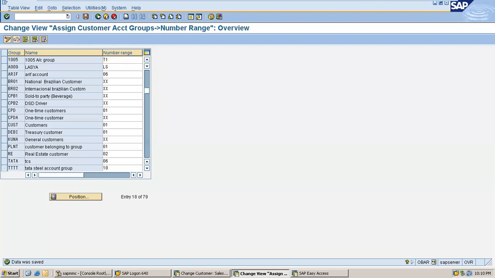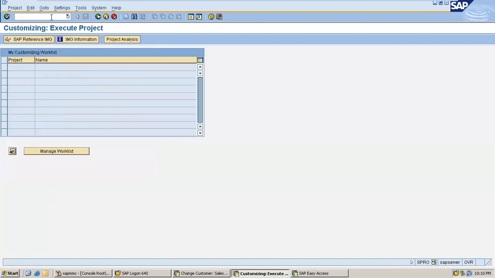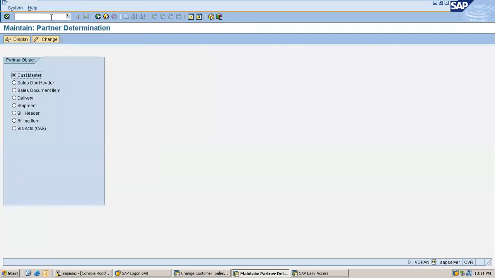Okay. Let's quickly go to VOPAN, which is partner determination. Select customer, go to change. I'll quickly walk through the settings.